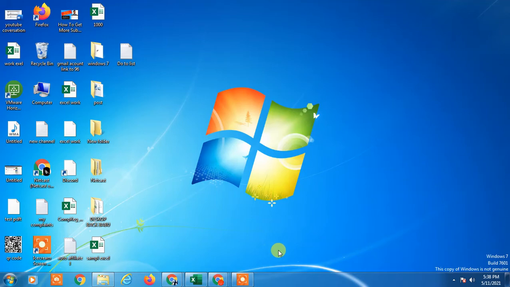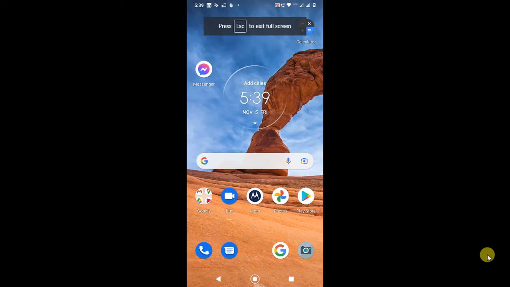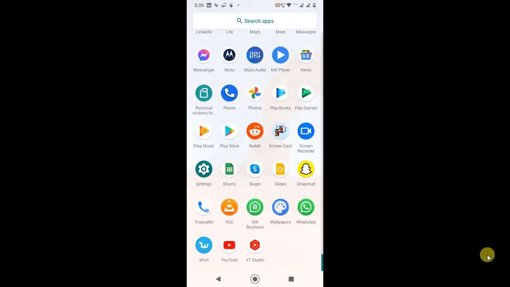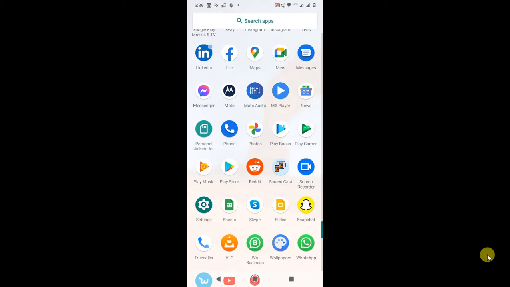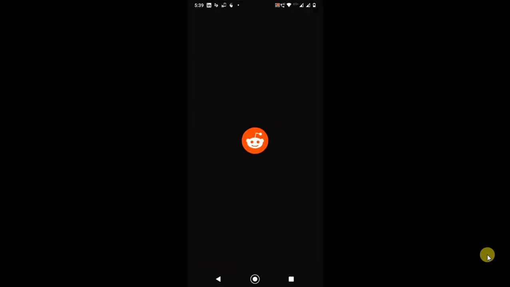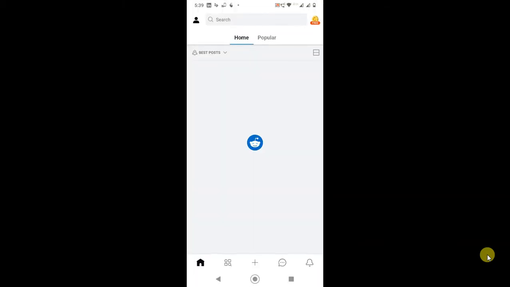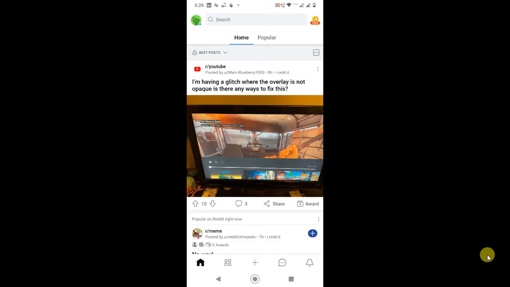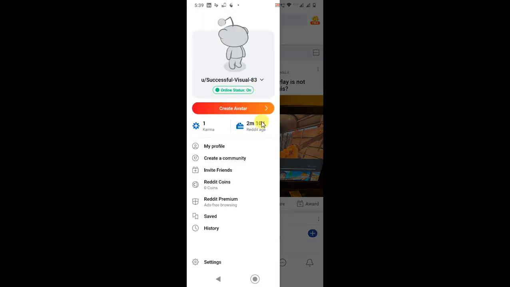Let's go to my mobile screen. So guys, here you can see this is my Android phone, and I'm going to open the Reddit application on my mobile, and here you can see it has opened now. And in order to change, clear or delete your Reddit history, you have to click on your profile photo and you will see